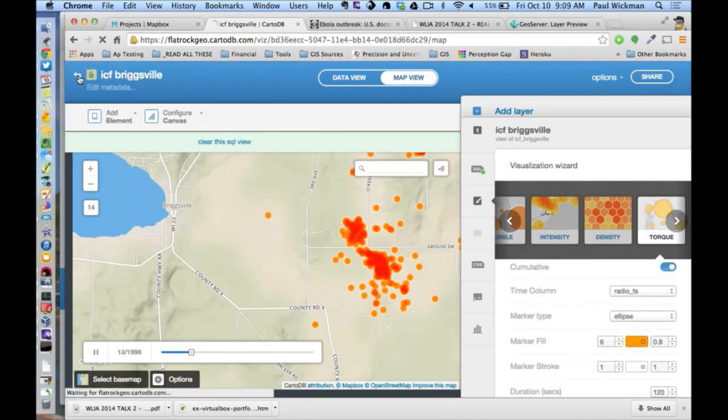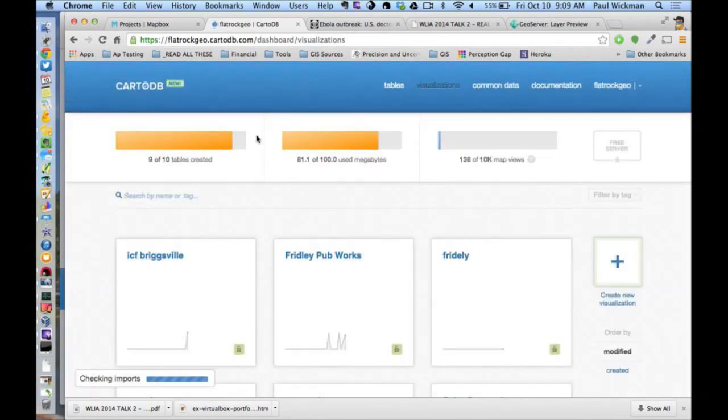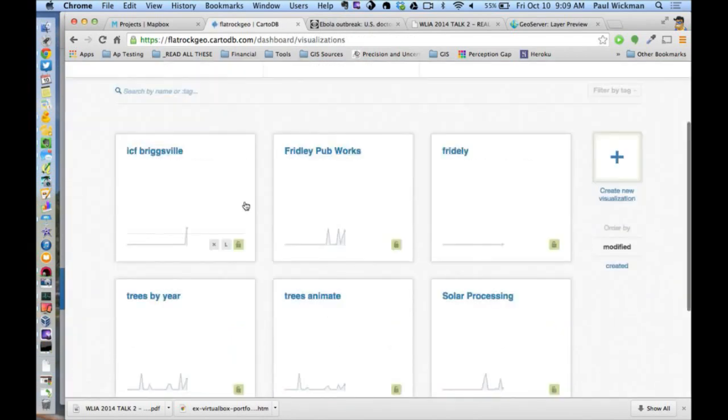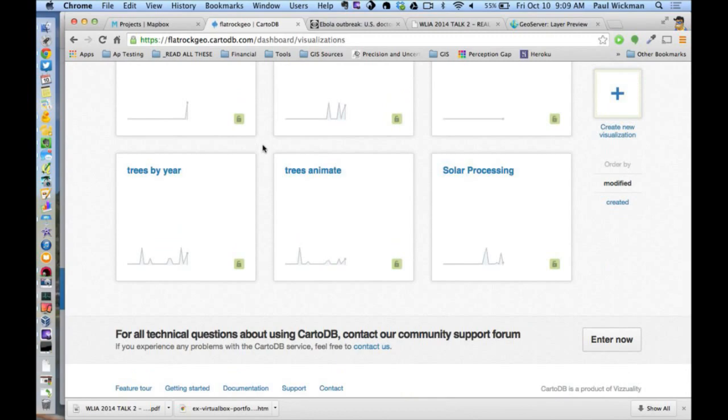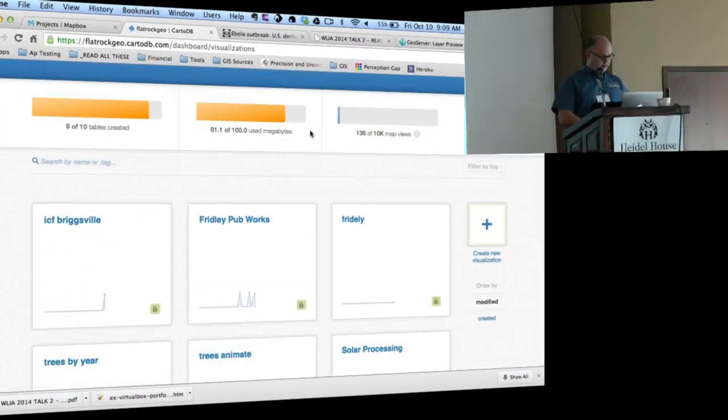So the last thing I wanted to show here also, the extension has a data link provider for CartoDB as well. So with the ArcGIS extension, with the Arc to Earth extension, you can work with your data in CartoDB and edit it live in ArcMap. So we're going to bring up the